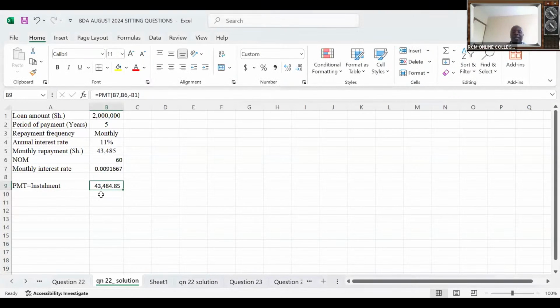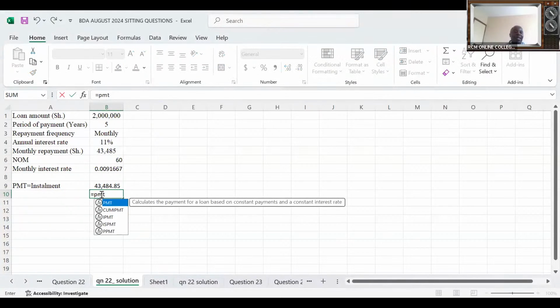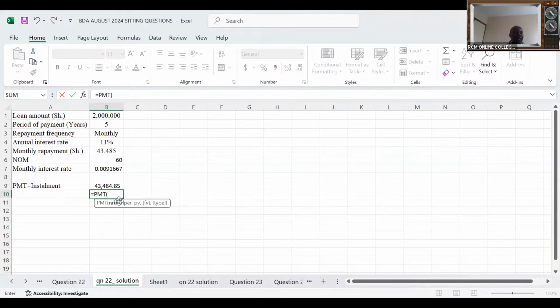Okay. So I can share myself. So if I share my screen, ladies and gentlemen, getting this PMT is not a hard thing. What you need to do is to come and say equals. You start by saying PMT. PMT calculates the payment for a loan based on constant payments and a constant interest rate. So I can come and double click it, or I tab. There is tab on top of your caps lock. And then there is a rate here. So the rate, you come and pick the rate, you say comma, number of periods, there are 60, you say comma, then you say minus because of this present value, to show it's a cash outflow, as the bank is giving money. Yeah, like that.